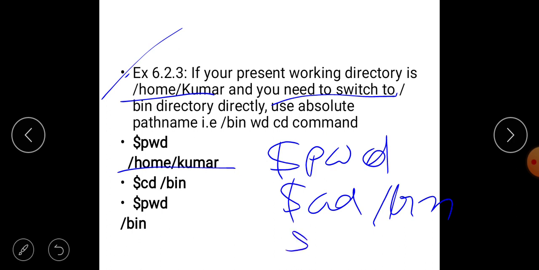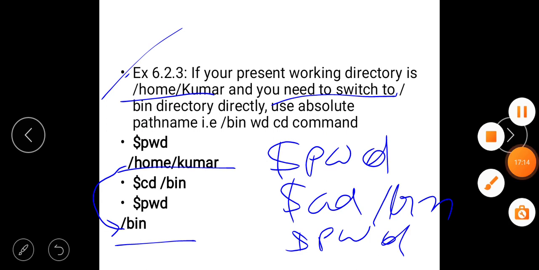Give pwd, and you are going to get /bin. So you are moving from the home Kumar directory to the /bin directory.